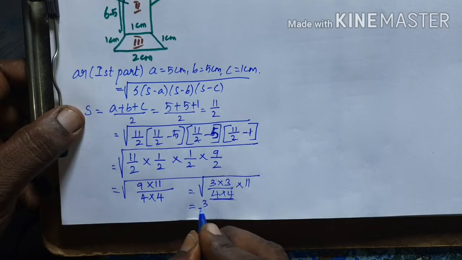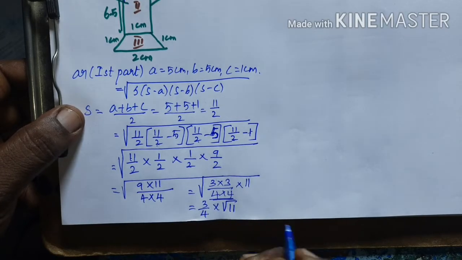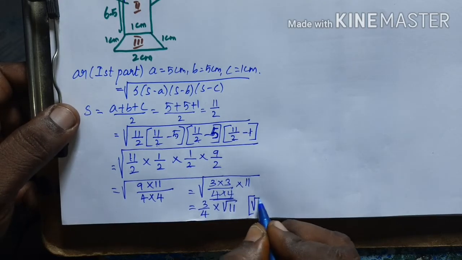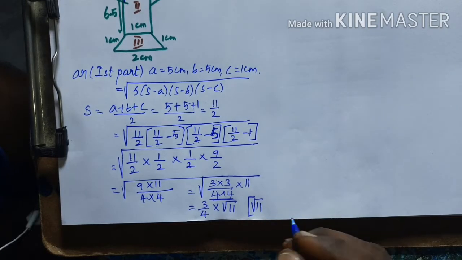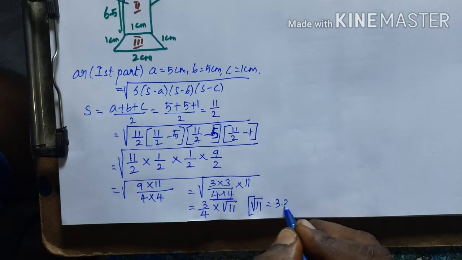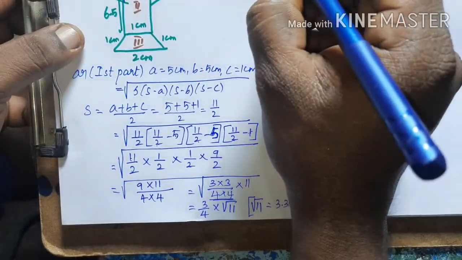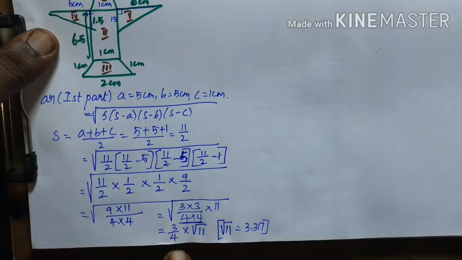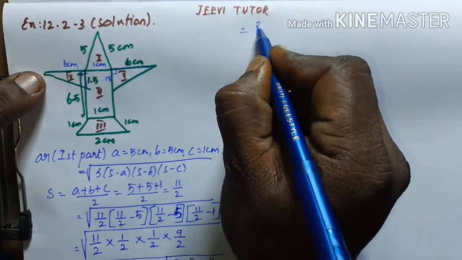So 3 by 4 will come, and instead of the square root, the 11 value will come. So first we need to write the approximate value of root 11. The approximate value of root 11 is 3.317. So I am going to multiply, and I will get the decimal values here. So first, in this concept, 3 by 4 into root 11,